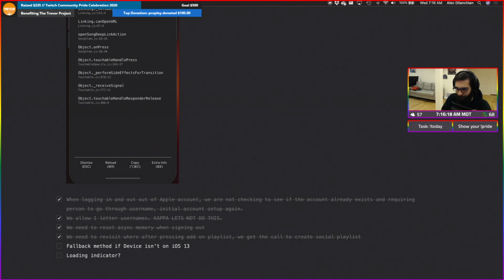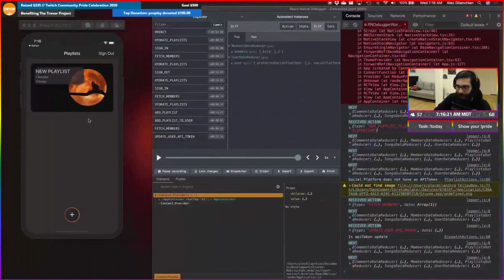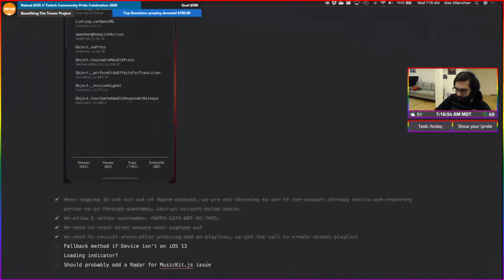Before we had the Apple Music authentication, we actually had it in the app, which was super cool. We had a web view inside of the app that would do this for us. But now we have to deep link into Safari and then come back in. That's because there's issues with the authentication, MusicKit JS, inside of this web view. Honestly, I don't think that's an Apple issue. I wonder if that's a React Native issue. Either way, I think we should file that for someone to look at.